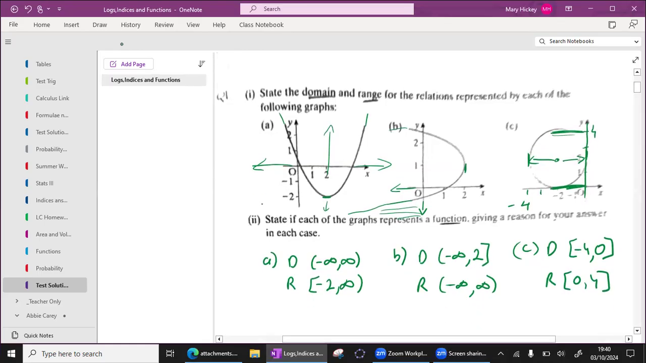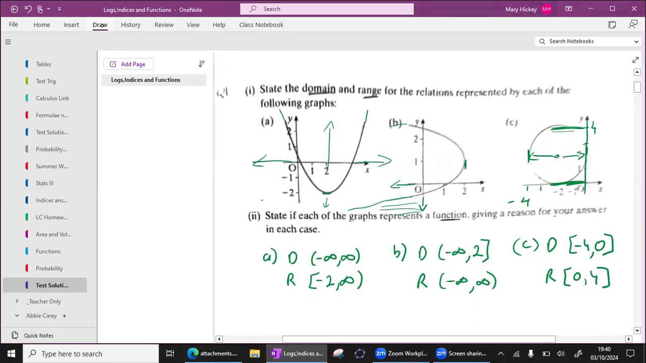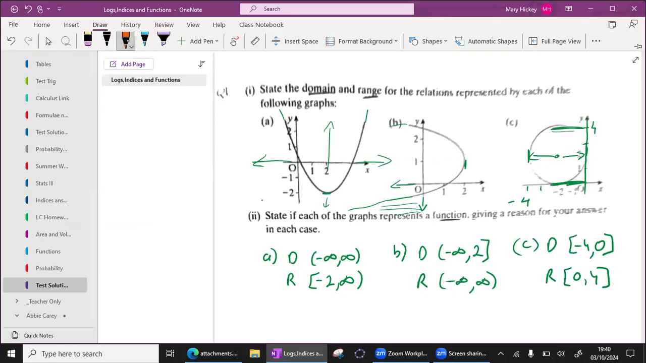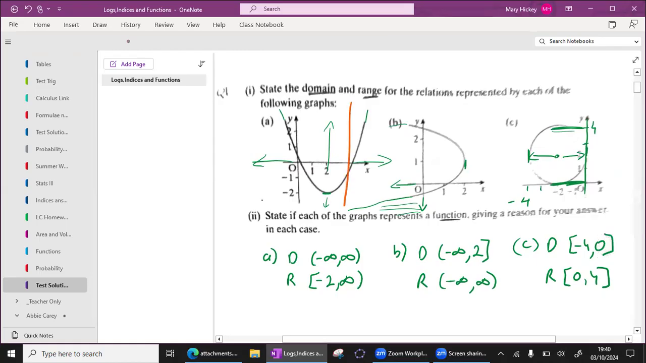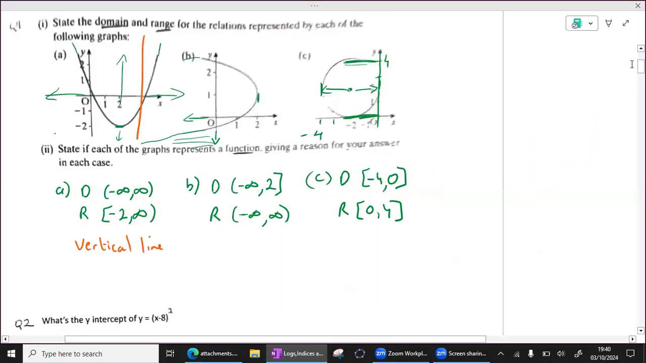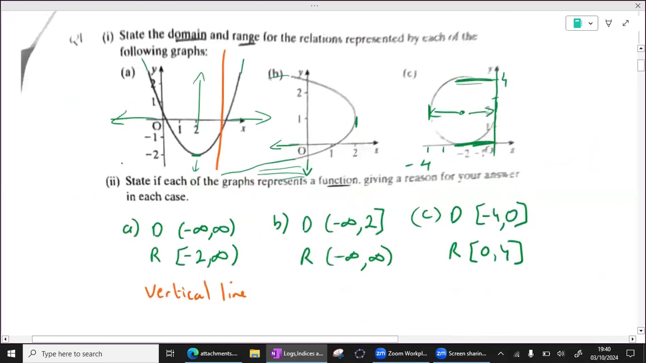Now I want to say whether they're functions or not, giving a reason for my answer. So for a function, I'm going to do a vertical line test. If I do a vertical line in the first one, I can see it meets the graph once. Some of you said horizontal. Horizontal is the test we do if we're trying to decide whether it's surjective, injective, or bijective. But it's a vertical line if you're trying to decide if it's a function. So vertical line test